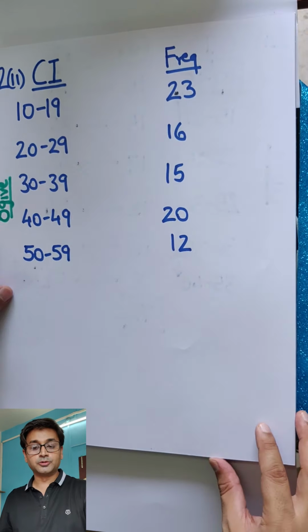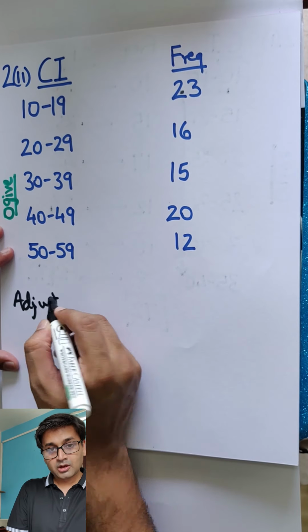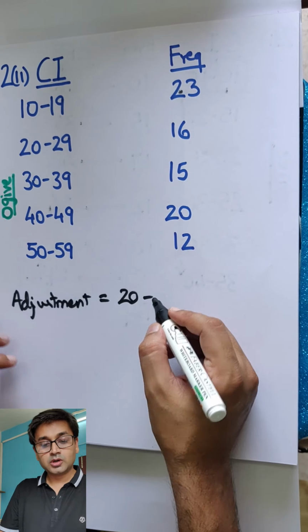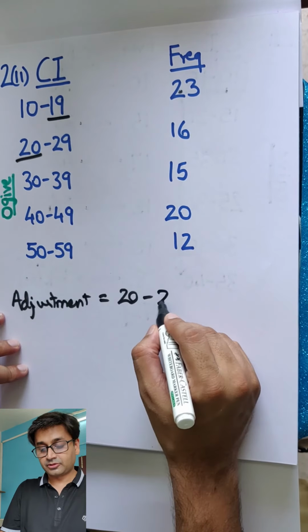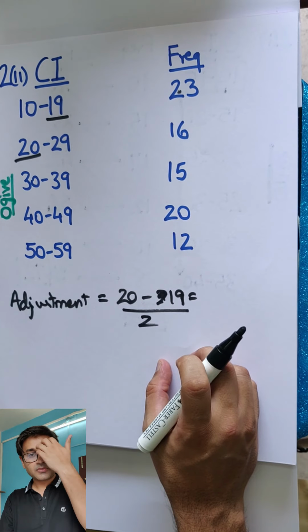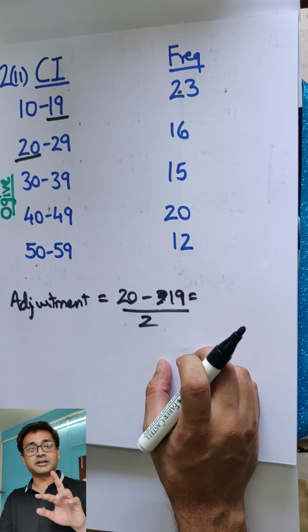Can you identify? Yeah, the major problem here is that the classes are not continuous. So the first thing you need to do is make the classes continuous. How will you make the classes continuous? There is something called adjustment. What do you mean by this adjustment? Adjustment means take the upper limit and the lower limit of two successive classes, subtract them and divide by 2. You remember in the class mark we added, no, there also we subtracted, divided by 2. Here also you have to do the same thing, subtract, divide by 2.